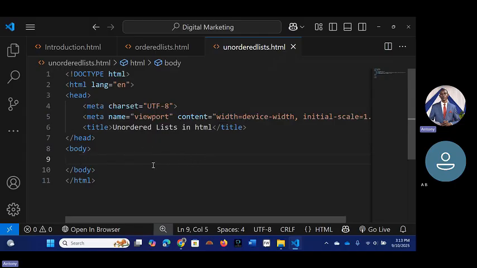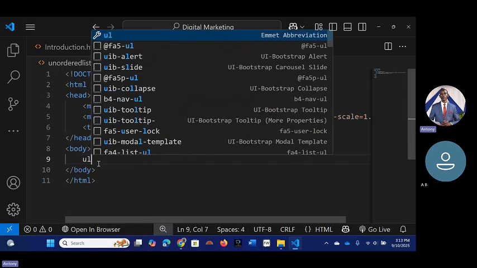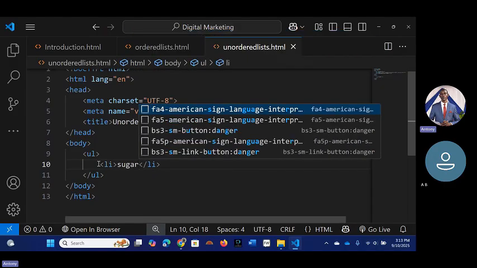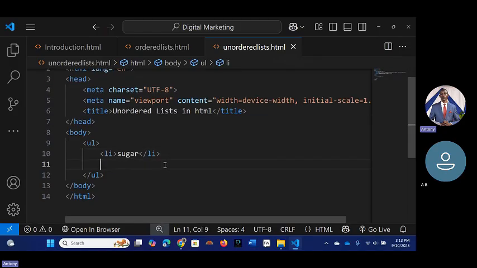So for unordered lists in HTML, we will just replicate what we did the other time. So the tag is UL for an unordered list. Then you press enter, then you open it like that. Then inside now we enter the lists. The first list was we were selling shop items. The first one was sugar.